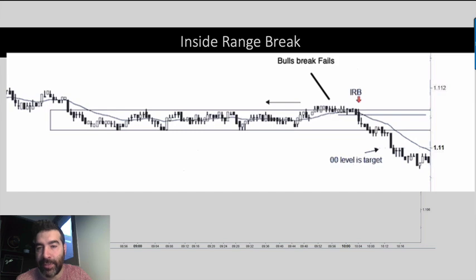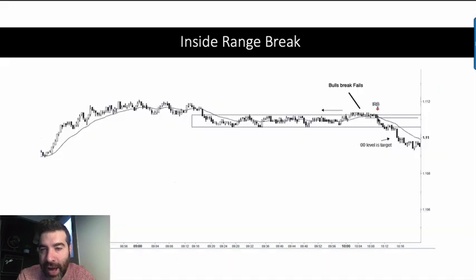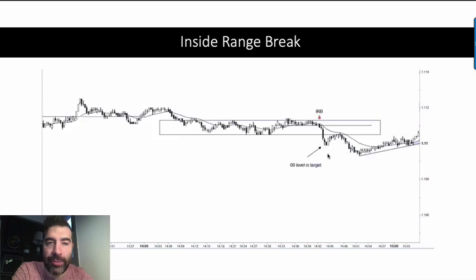The bulls kind of break, but it fails, and as that happens, there's an inside range break from the top, saying, okay, we're trading for this failure. We're assuming that this is not going to work out and the bulls are just going to fail, and that's going to give the bears a lot of momentum. And as they break, with the EMA pushing down against this little block in the range, that's where we're going to go. That's an inside range break.